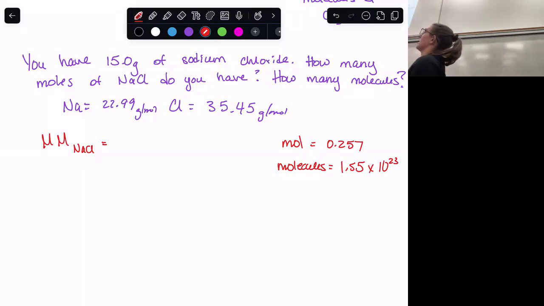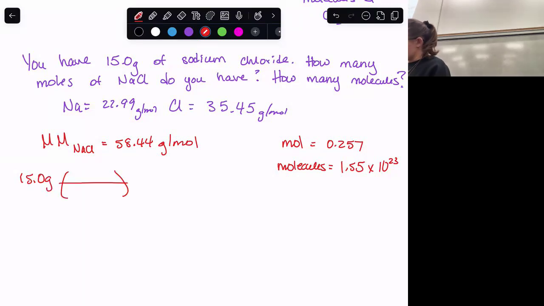All right, started off with the molar mass of NaCl. What was that? 58.4. And what did that help you with? Moles. Perfect. Either one. Great. All right, so you'll have 15.0 grams. We're going to divide by the molar mass. And then we ended up with 0.254 or 0.257